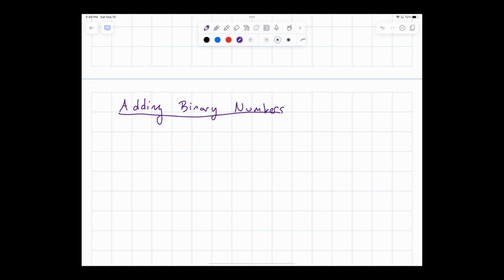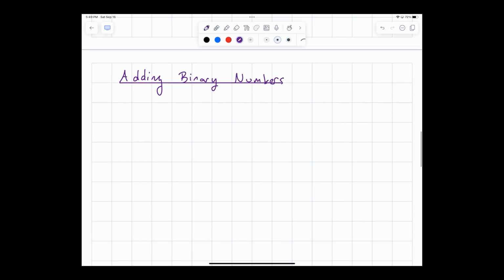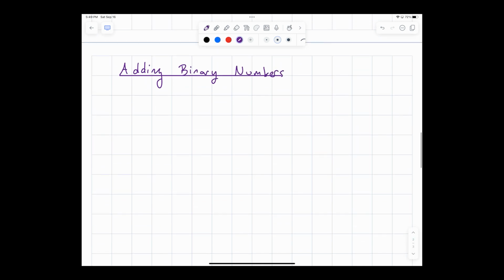And so in order to add binary numbers by hand, you basically have to remember how you learned to add numbers in the first place, using long addition, kind of like long division, right? So as an example of regular adding that's not binary,